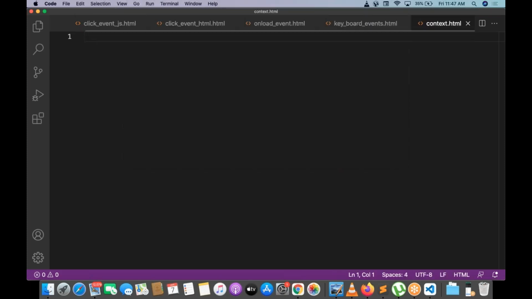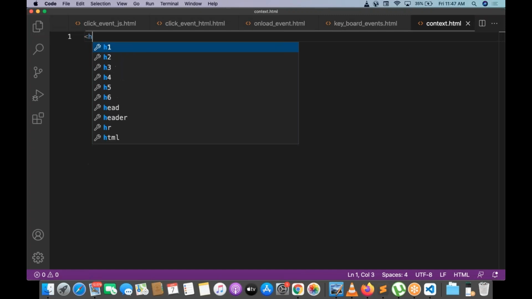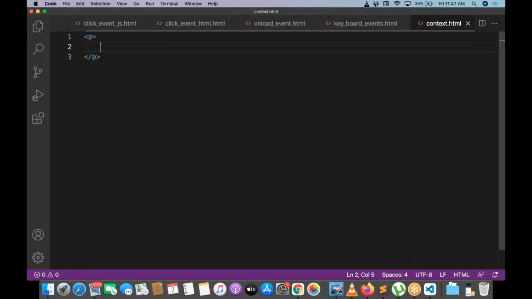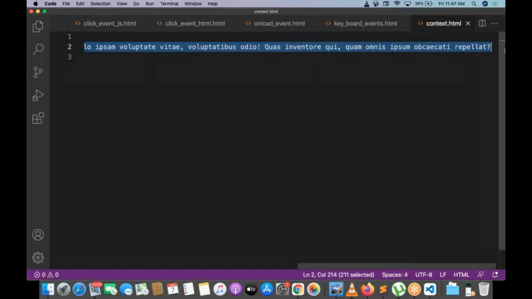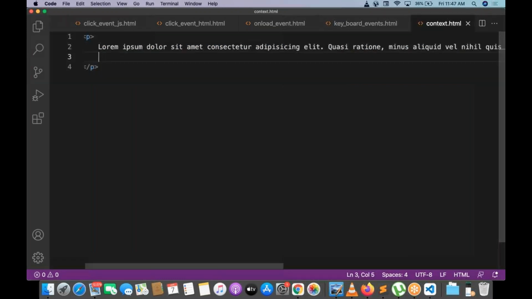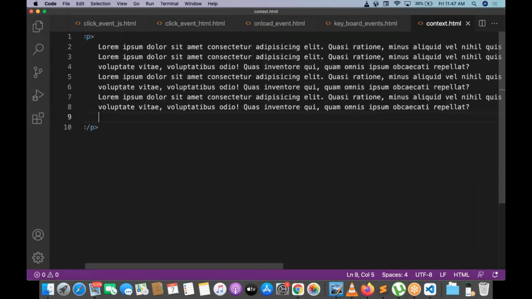Let me take one paragraph, and I will take a lot of text for the paragraph. Copy the content, paste. My paragraph is ready.